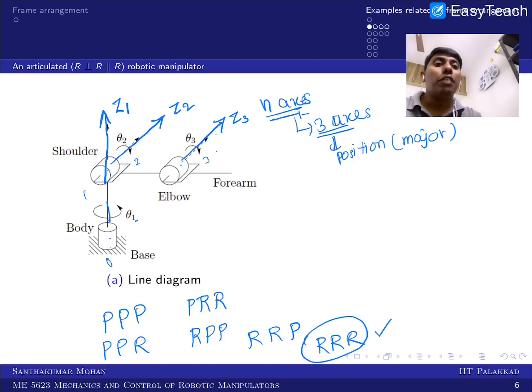Okay, so now we have to see the convenient location of your frames, and I already told you we are going to follow the so-called non-standard form, in that sense n plus 2 frames. Right now you have 3 active joints, so you have plus 2. So one is the base here and one is the end effector. Okay, so what we have taken, the base frame is known, and your end effector frame is also known. I put the end effector as E. Okay, so just to give an idea.